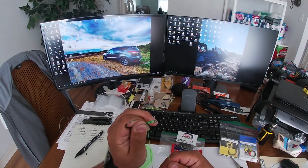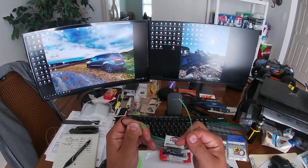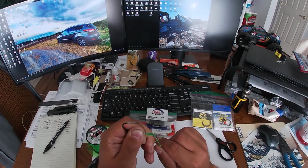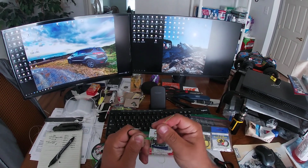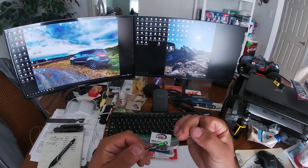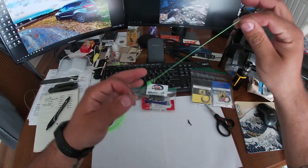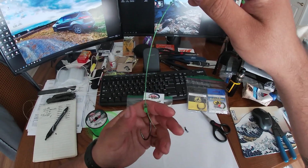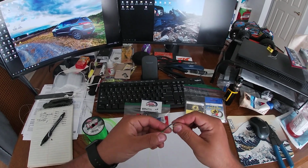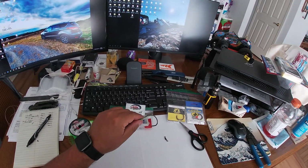times. And then what you want to do is once you get it tied around, you're going to take your tail end and come up through the eye loop the other direction and then just pull it taut, and that will bring everything together nice and pretty. And then you have that. So a lot of people just take that there and then snip off the end, which I do snip off the end